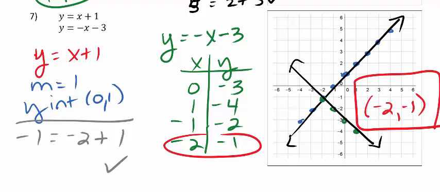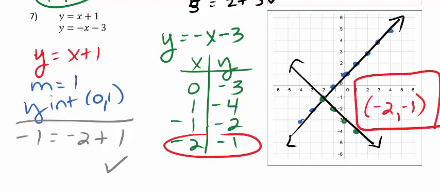We found that by first graphing y equals x plus 1. I did that by pulling out the slope of 1 and the y-intercept of 0, 1. I plotted the point 0, 1 and found more points by going up 1 over 1, up 1 to the right 1, up 1 to the right 1, and connecting those points. Then we looked at the second equation, y equals negative x minus 3. This time I decided to use a t-chart and pick values for x. I picked 0 and I got -3, and then I picked a 1, plugged it in and got -4, and so forth. And once I connected those points, I saw the two lines crossed at the point -2, -1,